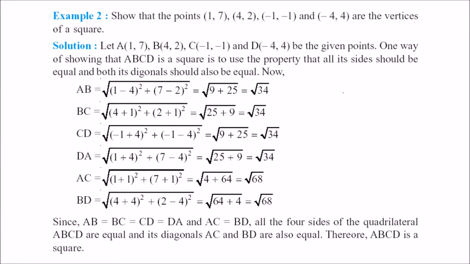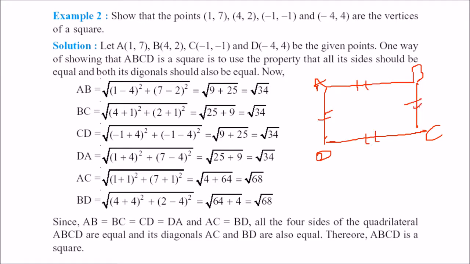There is another question, square. These are the vertices. You can take any vertices A, B, C, D. You have to prove that these are the vertices of a square. So there are 2 things you have to prove. First of all, a square has all sides equal. So you have to take AB by distance formula, BC, CD and AD. Then the diagonals are also equal. So AC square will be equal to DB square. Means they are not equal to the side, but they are equal to each other.